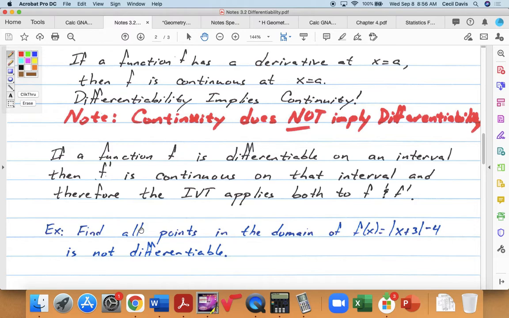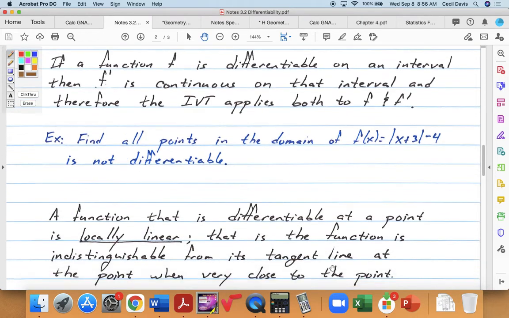Okay? That comes up a fair bit on free response questions. So if a function f is differentiable on an interval, then f prime is continuous on that interval. And then the intermediate value theorem will apply both to the function and to the derivative. So,